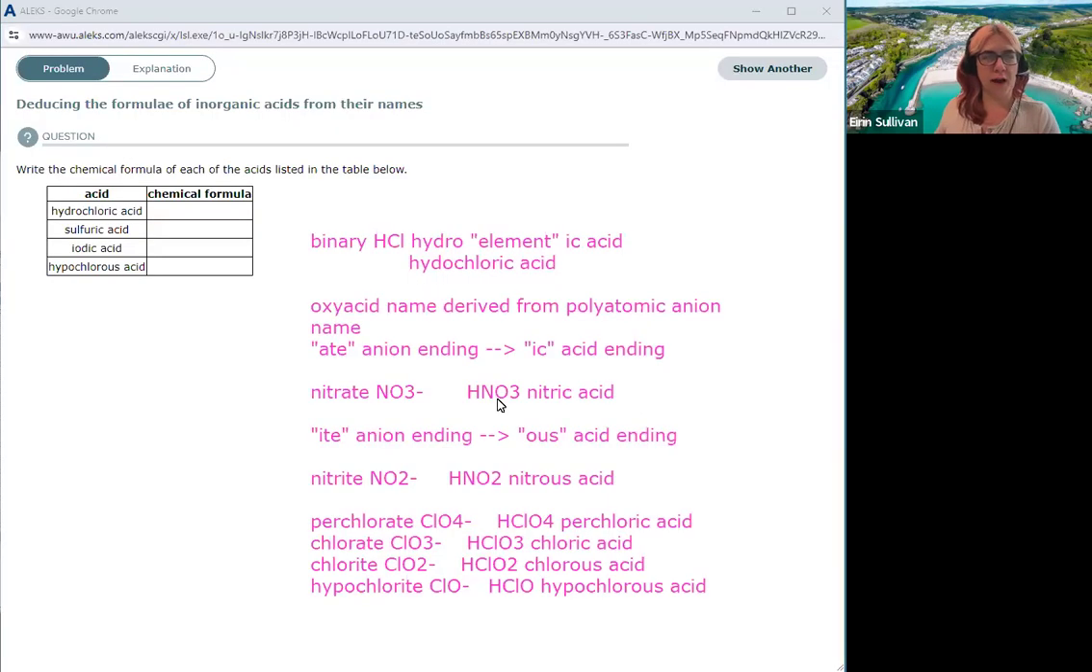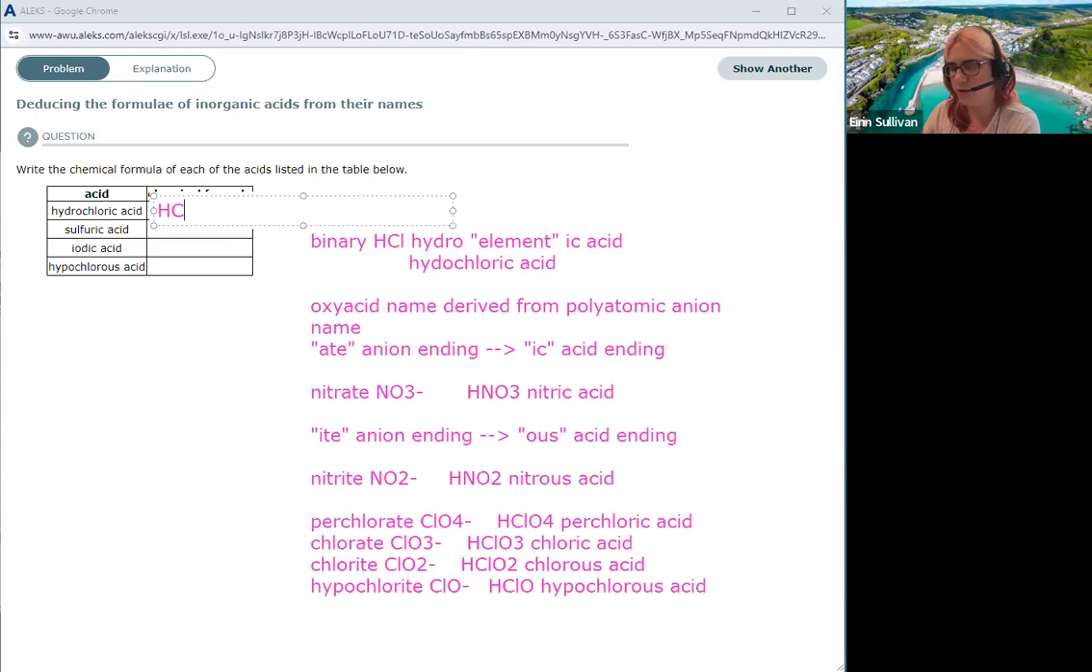So to work out the formula of our inorganic acids, it does help to know our polyatomic ions. And remember that an -ic ending for an acid is an -ate anion ending, and an -ous ending for an acid is an -ite anion ending. So if we have hydrochloric acid, that's one of our binary hydrohalic acids, so it's